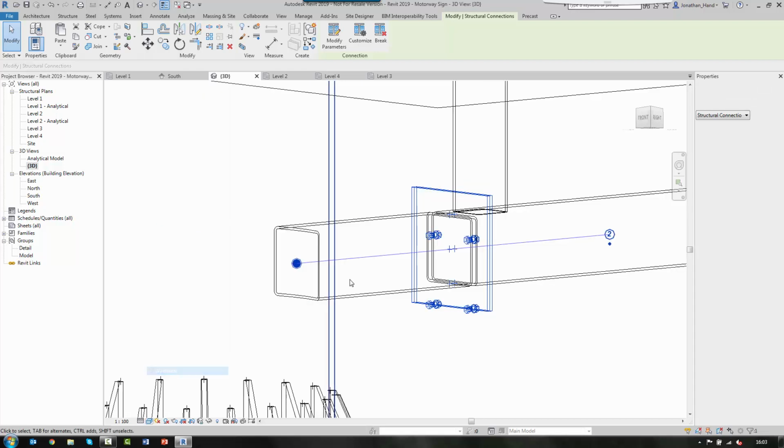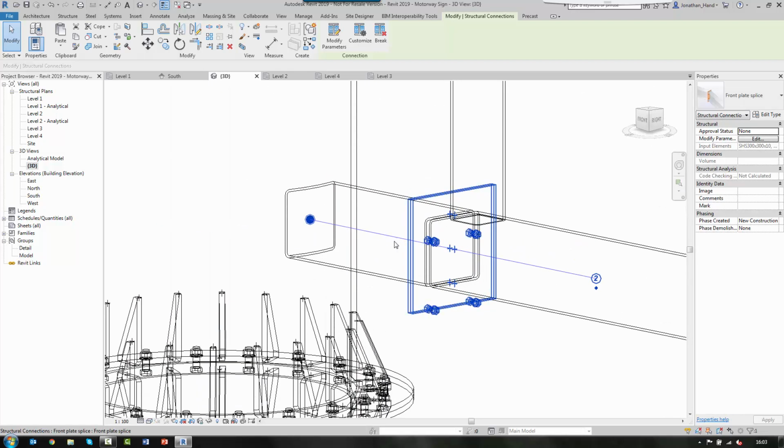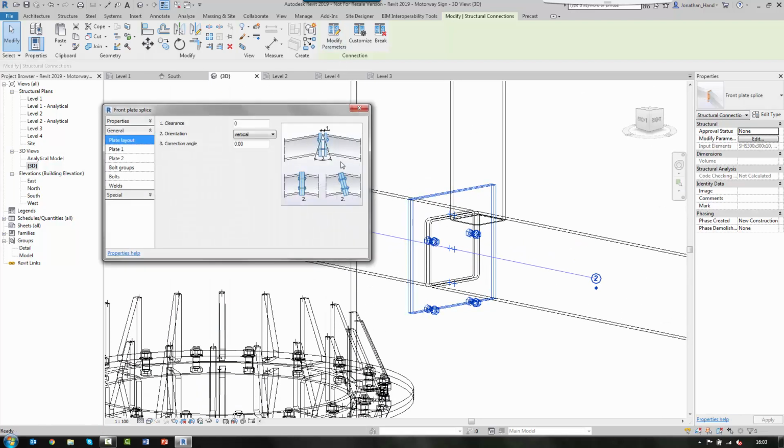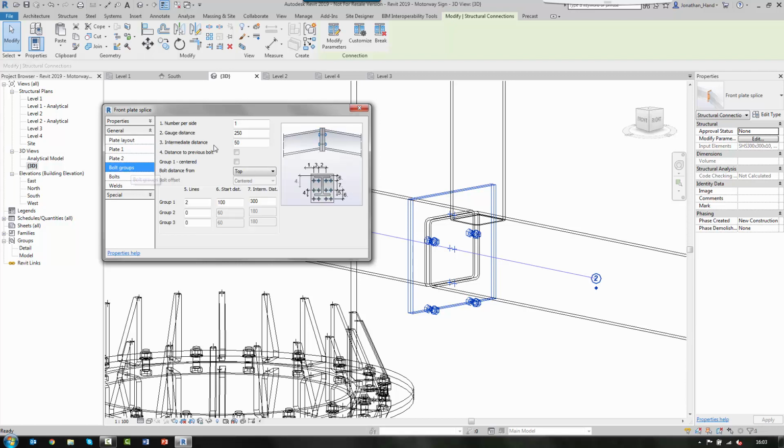And just quickly go into wireframes, let's have a look. So I've got my 4 bolts, just need to see what way they are configuring. So we go to our bolt groups, if we go 2 on this side, so it's 1 per side. The gauge distance, if we set it to 350, that will take them out to here, and then start distance should be